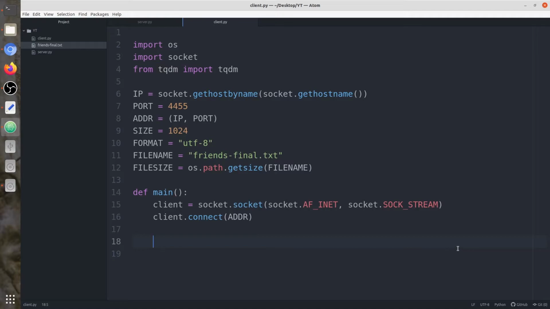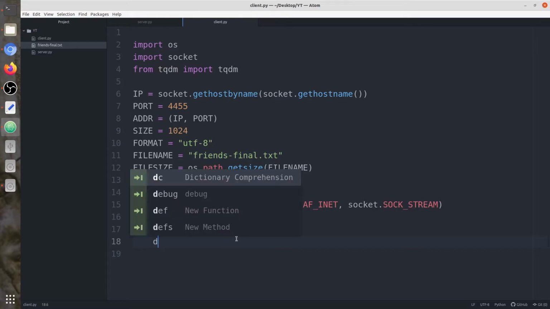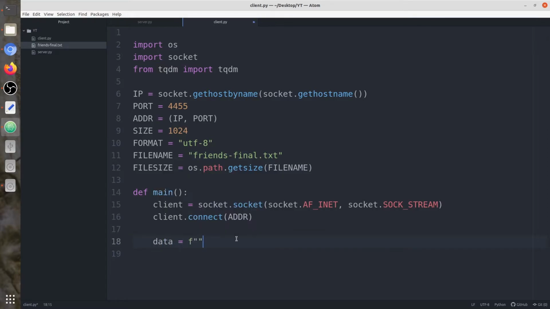If the client is connected to the server, first of all we're going to send the server the name of the file and the size. So data is equal to an f string, file name separated by underscore and file size. We're going to send this data to the server.